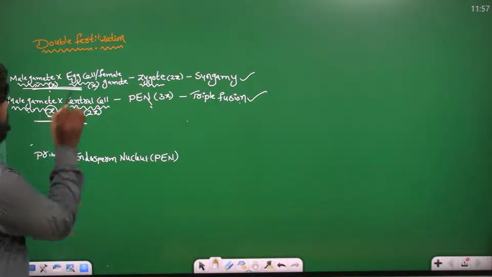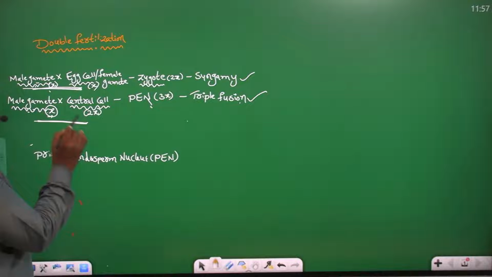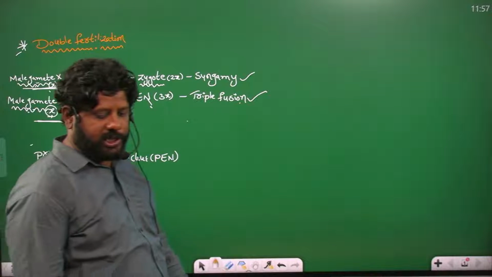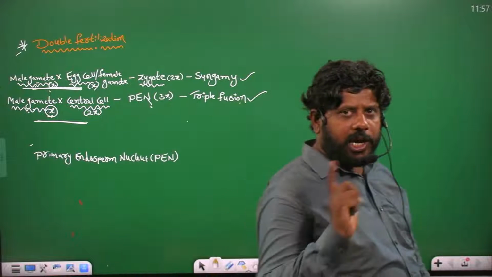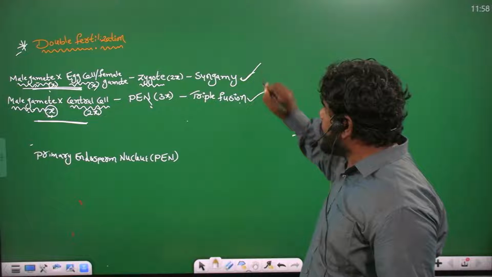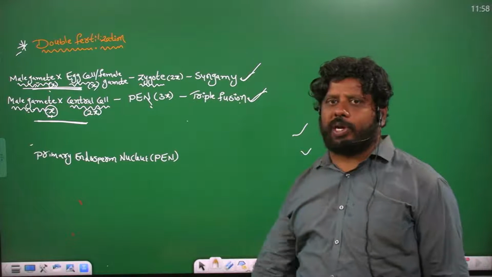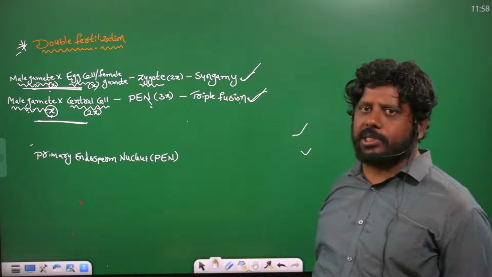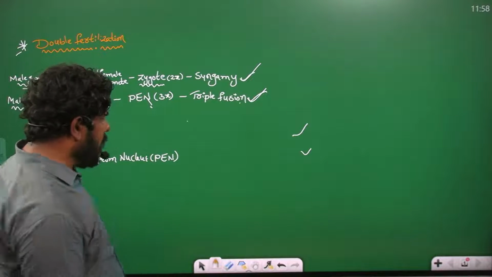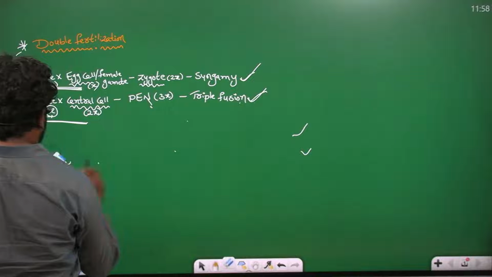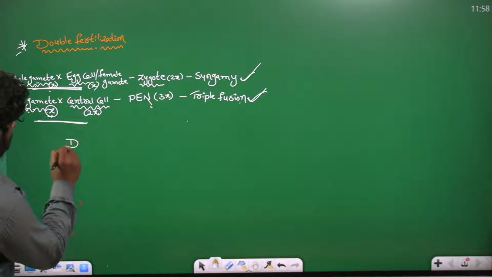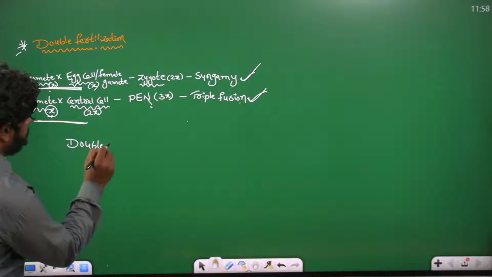So this is one fertilization and this is one fertilization. That's why these both phenomena are collectively called double fertilization: syngamy and triple fusion. These two fertilizations collectively are called double fertilization. That's why, I'm writing like this, double fertilization